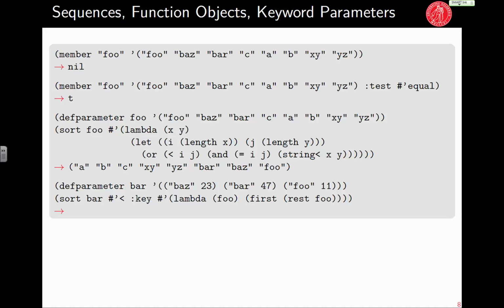To do that, I can say in sorting, apply a function to each element before you compare it. That's the so-called key parameter. Now key is overloaded. The keyword parameter key, that is called :key, is a function object that takes one argument, one element from the collection at a time. It will be invoked on that element. It will return some value, and that value is what will be used by the calling function, in this case